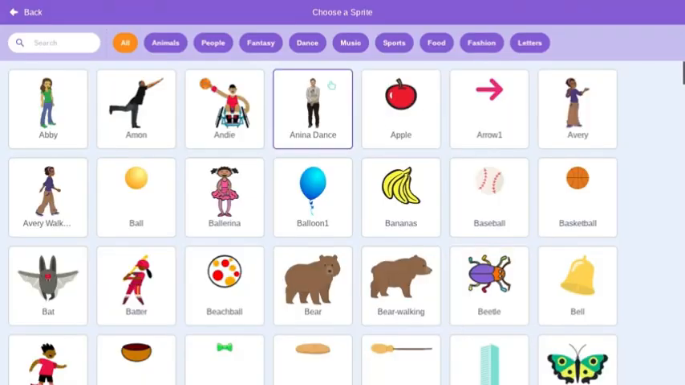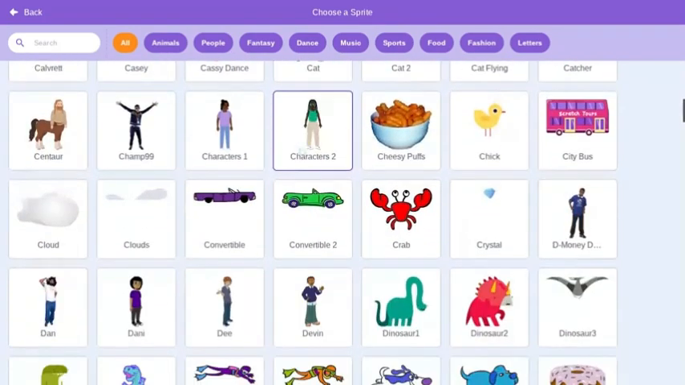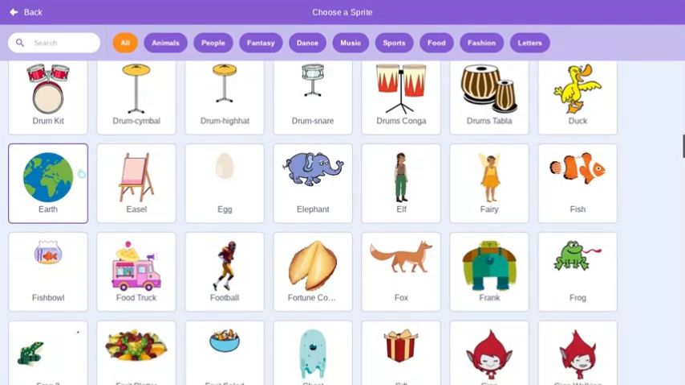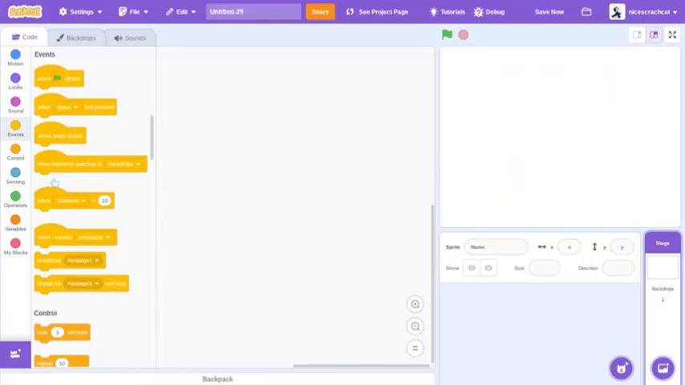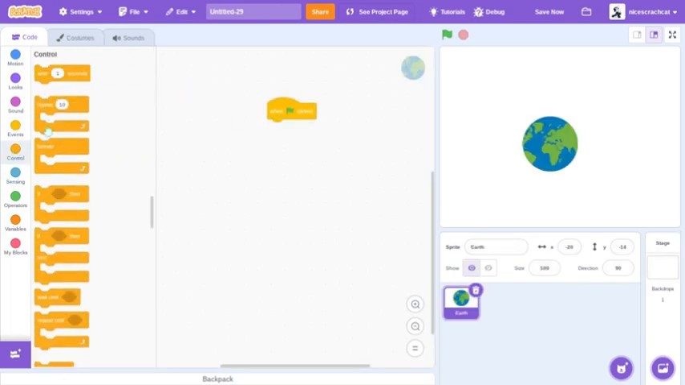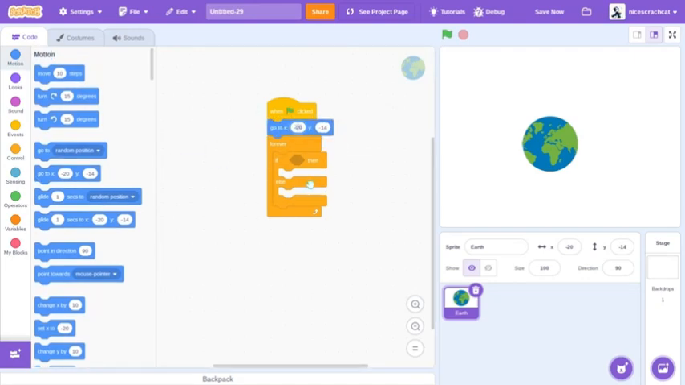So, I'm just gonna get... Sprite was already in Scratch, but I would like... I'm just gonna take Earth. So, on the green flag clicked forever, if else, go to 0,